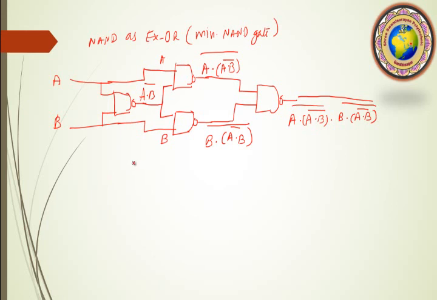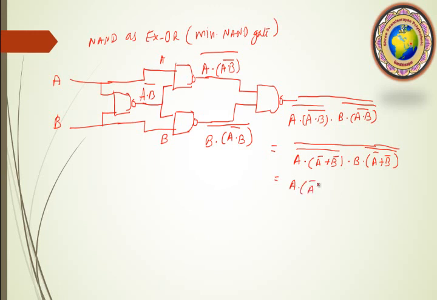How can we check our equation? From here we have to simplify. We have simplified according to De Morgan's law, which we can apply here. So our capital bar, then A dot (A bar plus B bar), and bar is there. Then dot B dot (A bar plus B bar) and whole bar.